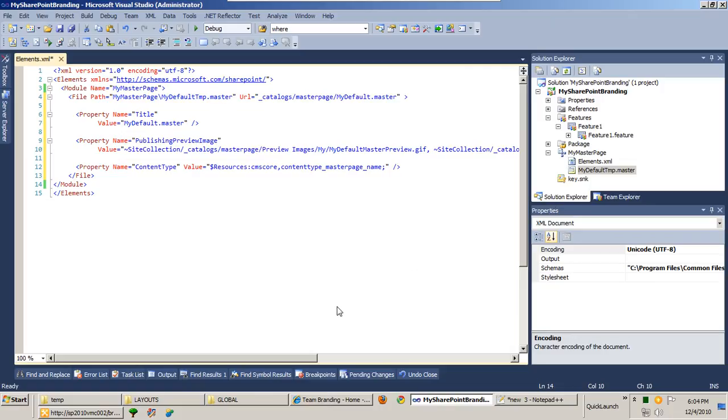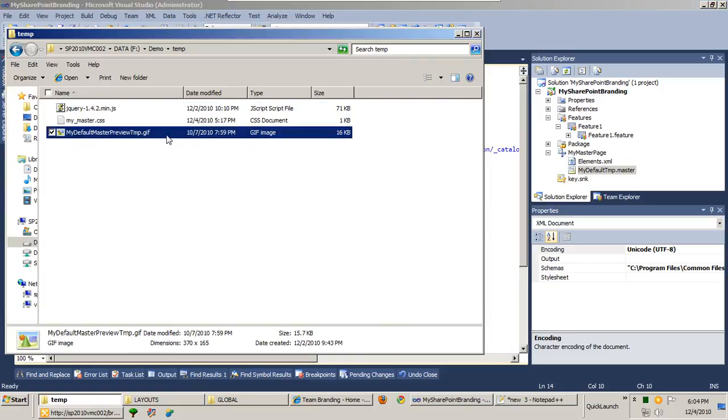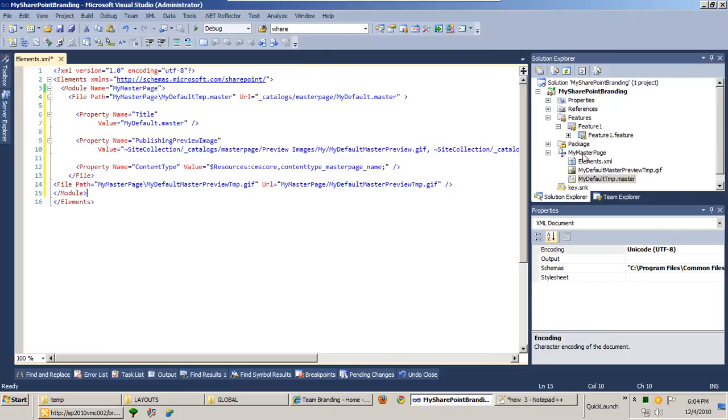Next I'm going to put in the preview image. Okay, so here's my preview image file added in there. Again, it puts in a default location. I don't want to put in a default location. I want to put it in under master page,